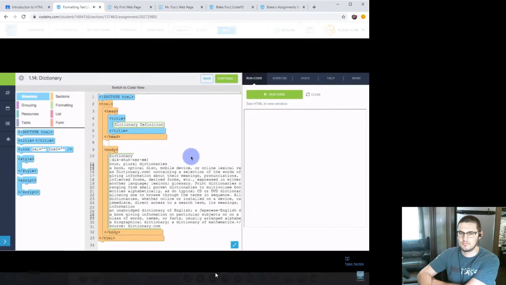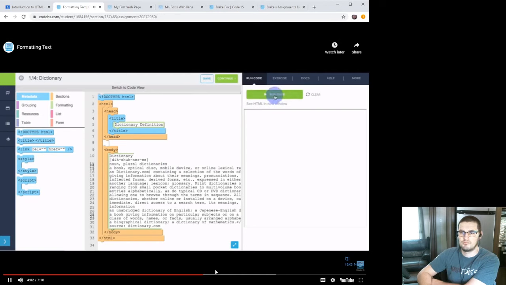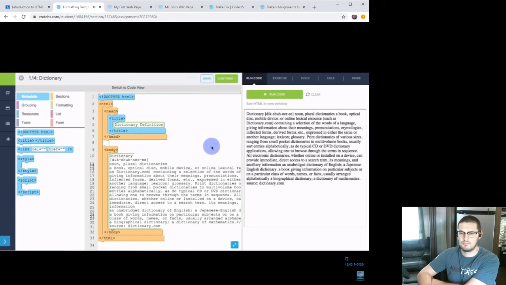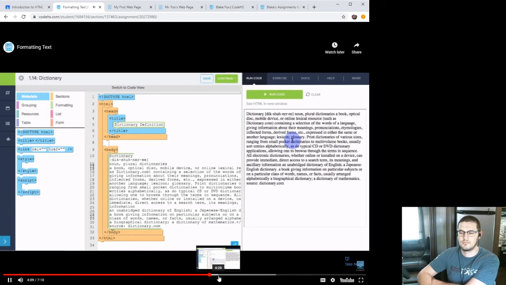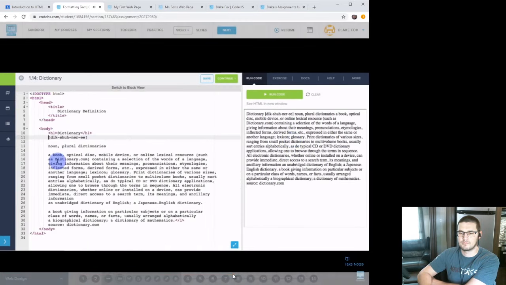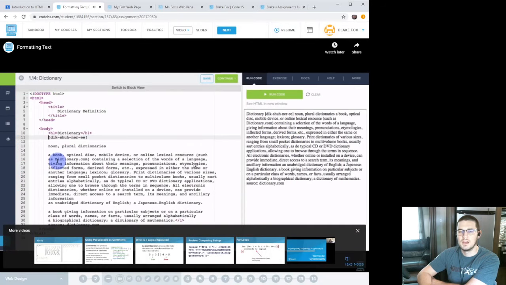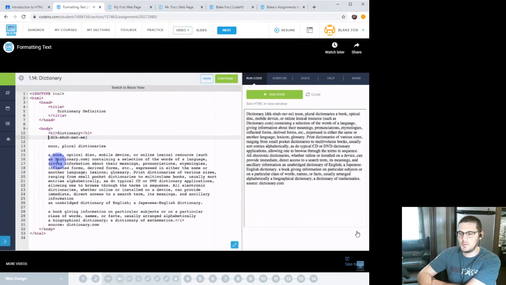Now, this page has all the information we need, but unfortunately, when we actually look at the page, it is just unreadable. It has all the information we need, but it's not presented in a way that's easy for the user to see. I still want it to be big, but